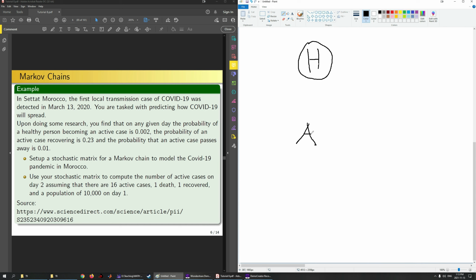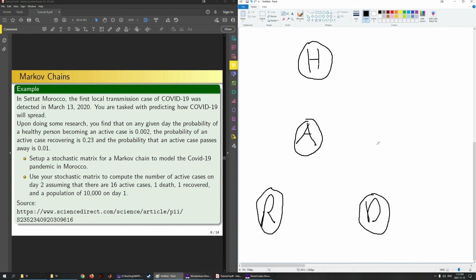So we'll call that the A state. I could have had COVID and recovered. And I could have passed away or died from COVID-19. Okay, so these are my only states within this model. With better models, you could add more states. So now I really need to figure out